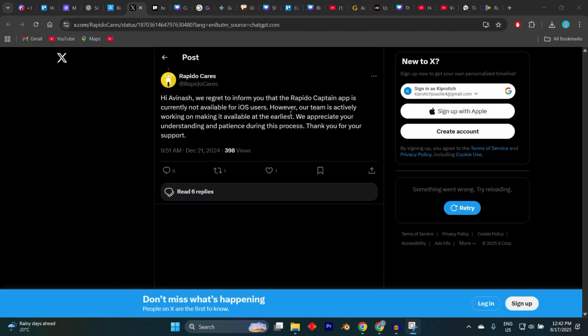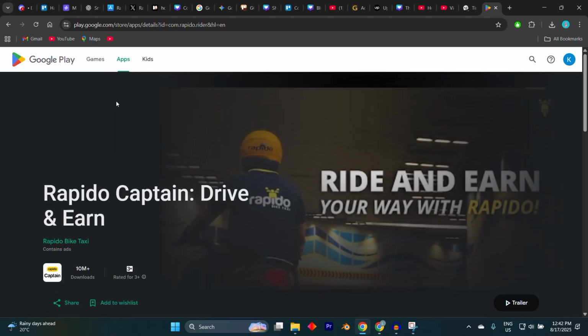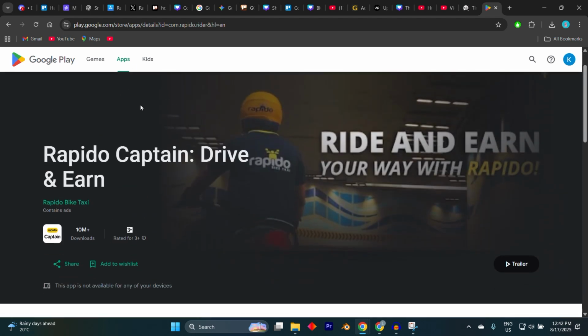In today's video, I'm going to show how to download and install Rapido Captain app in iPhone. Right now, the Rapido Captain app is only available for Android phones and has not yet been released for iPhones. If you search for it on the Apple App Store, you won't find it because there is no official iOS